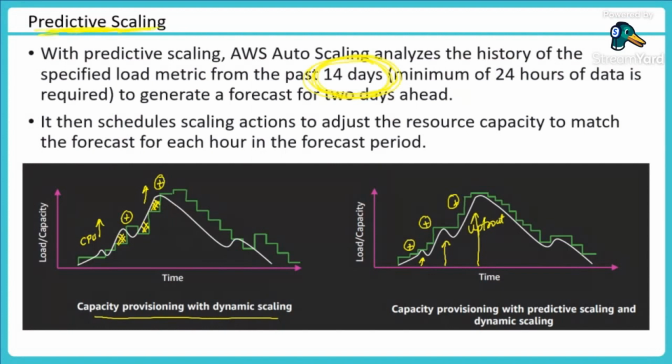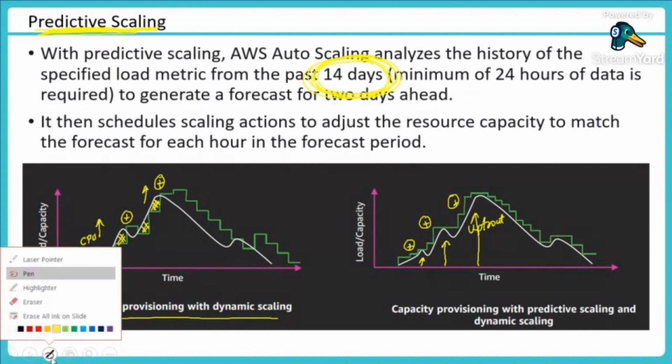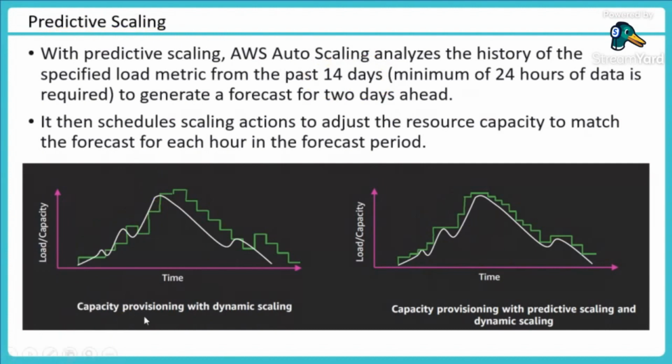It is a machine learning based model which detects your behavior from past days and, based on that, is able to predict what is going to happen. That's what we call predictive scaling. So it's a good thing and you could leverage it to get better benefit from your scaling policy. It is your decision how you want to leverage these specific services. All right, so that's how you would be able to utilize it.